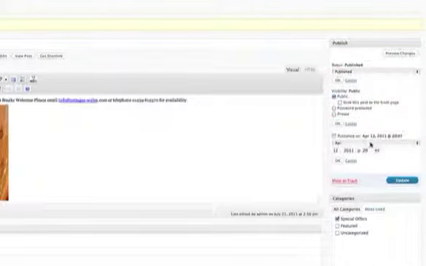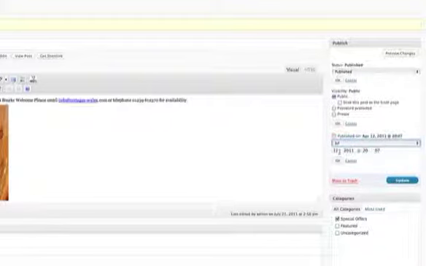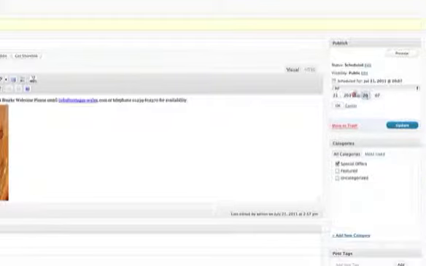And I can also select when I want it to be published. So if I wanted it to be published a date in the past, I could do that, or if I didn't want it to go live until a date in the future, I could also do that. So I could set a date for, let's say, September. Well, let's choose today's date for a start. Let's choose today and set that to publish. So if we went to the home page now,